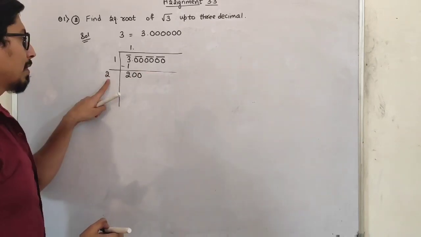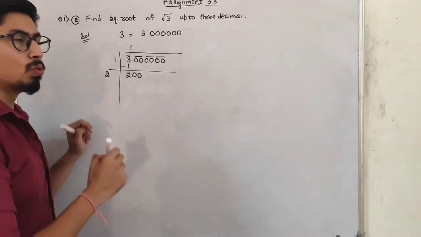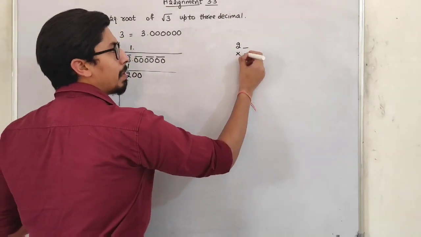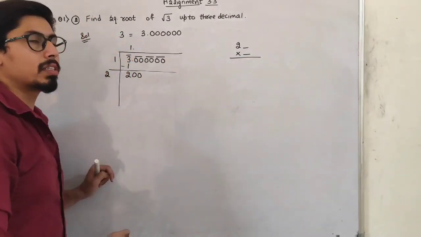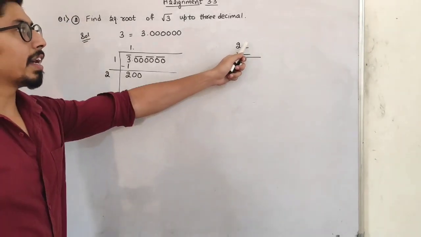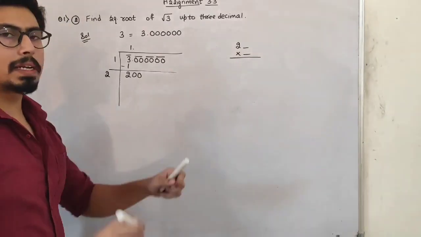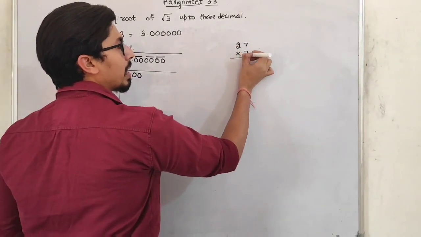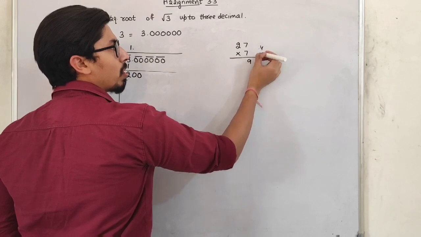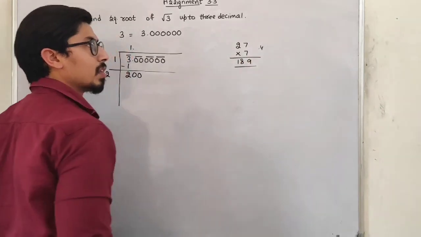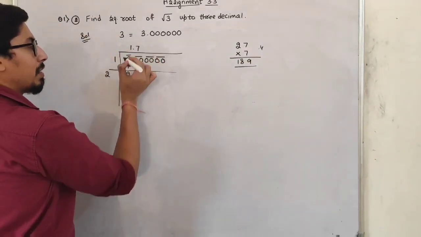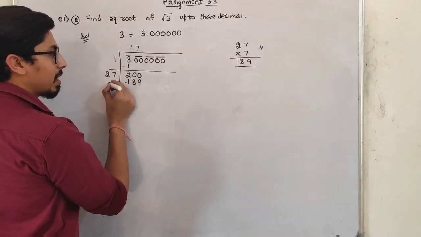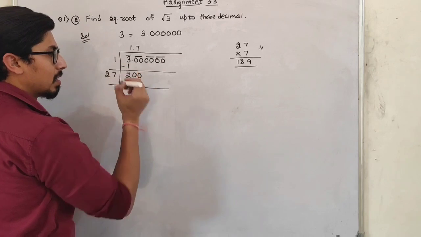Okay. Now what we have to do is we have to take this 2 and a digit and multiply it by same digit. Okay students. So here we will take the number 7. Here we will take the number 7 students. Okay. 7 7 is a 49, 4. So it will be 189. Okay students. So we have 7 here and 7 here. So we can write it as 189. So the remainder is 11.